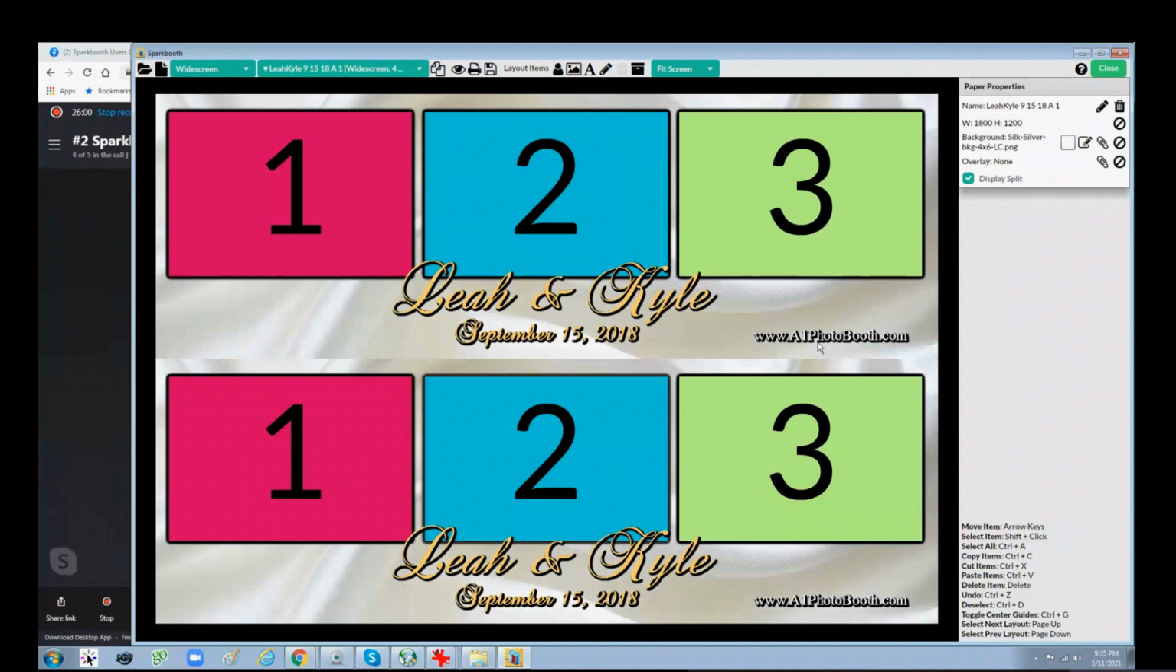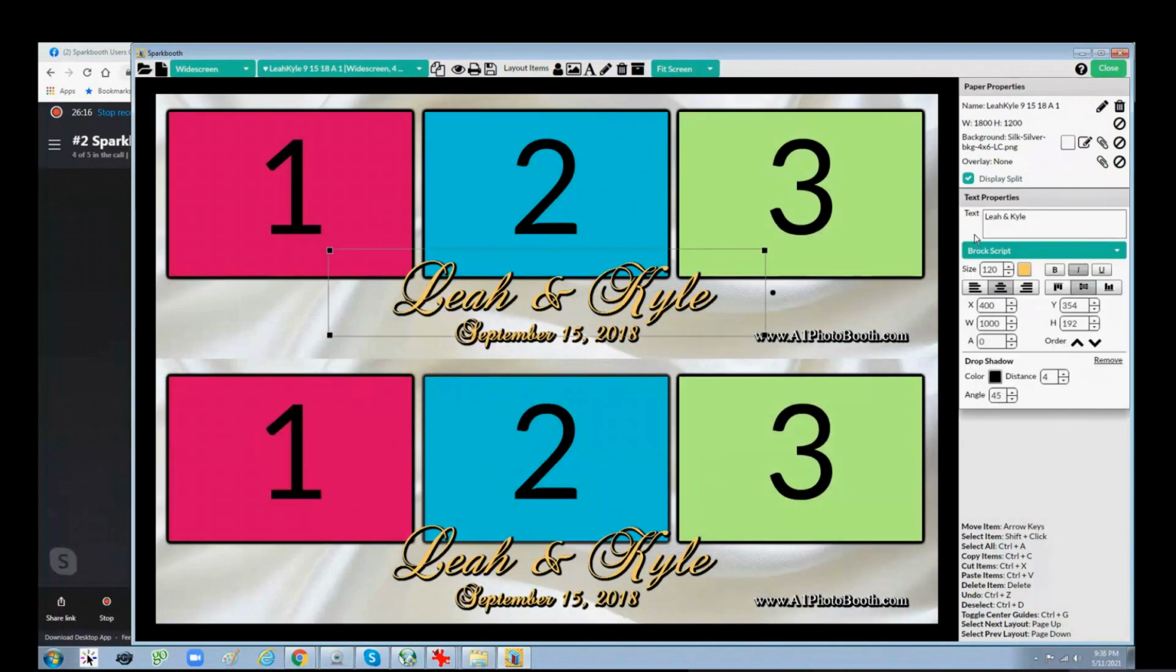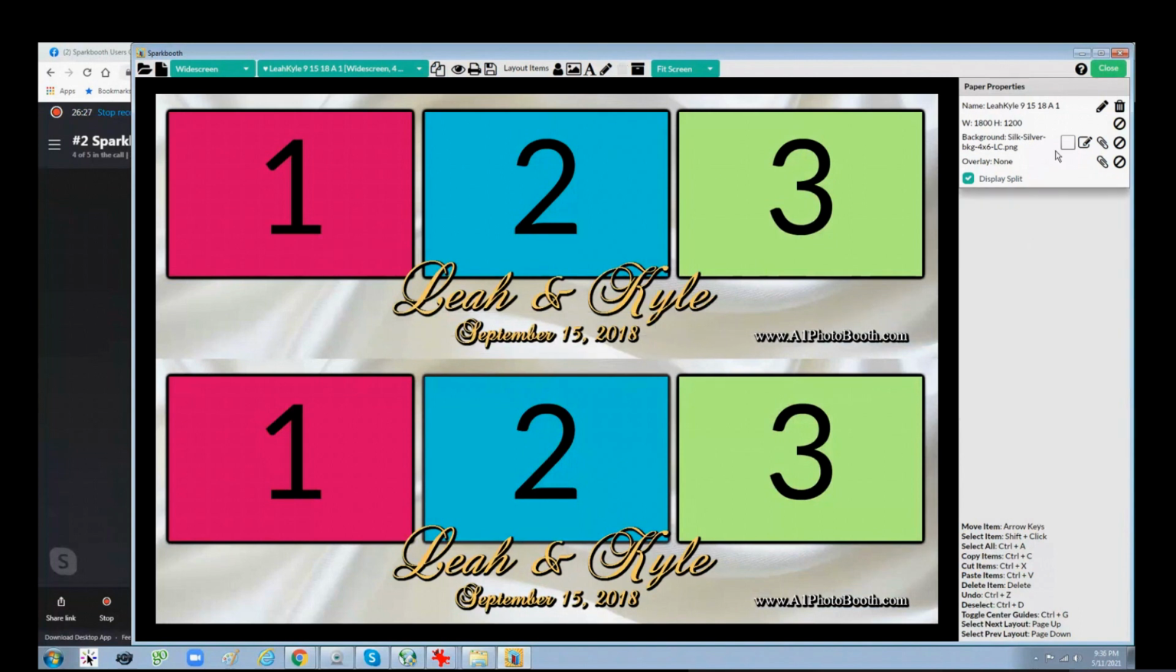So you can actually rename the layout, okay? Even though it's a layout you did for somebody else, there's a pencil here to rename it for the new bride and groom or whoever you're doing it for. So you can rename it, and then you go into the actual text, change the text, change the font, change the date, whatever, change the background image, okay, and the background image that was used here was over here, okay,